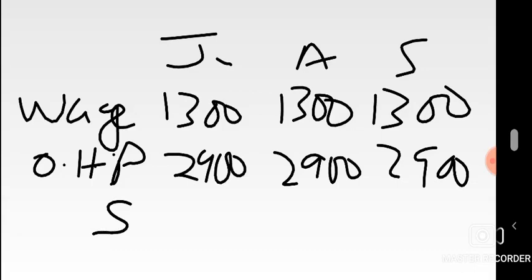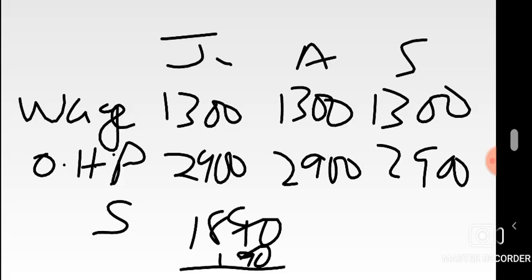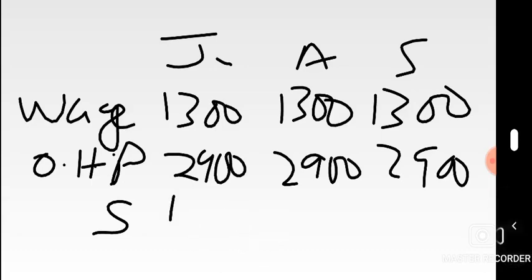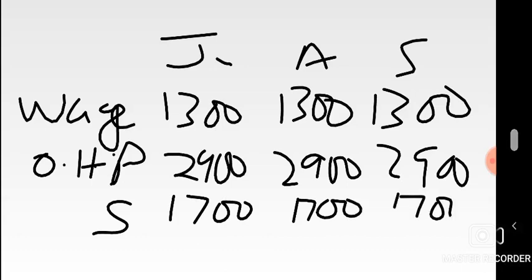Selling and admin, what are you going to do? Same story. 1,890 is the figure. How much is included in this one? There's a 190 depreciation in this one. Just subtract, you remain with 17 flat. That's how much will be left for selling, and then you just record it because it's per month. As they said, when you say per month, it's the same figure each month. It's fixed. You're done demonstrating that other overhead.